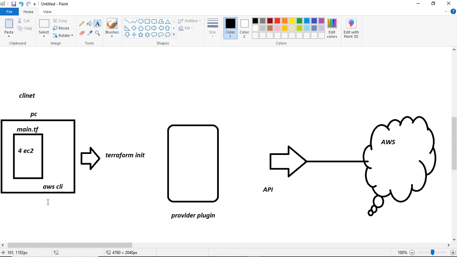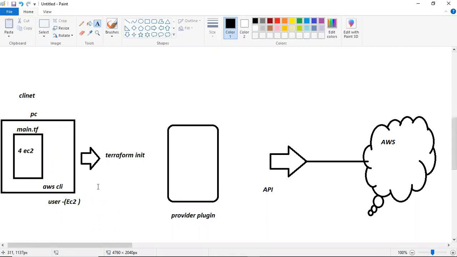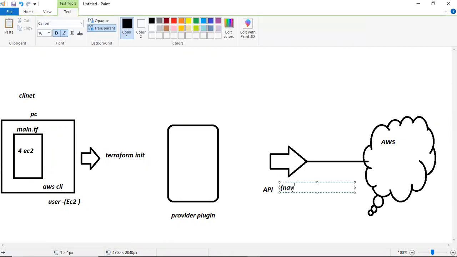We need to provide a user. The user should have EC2 permission. I have installed AWS CLI in my client machine, so it will be using this particular user. If I say Nava is a user and he has the EC2 permission.